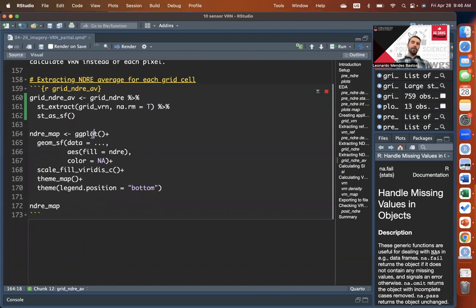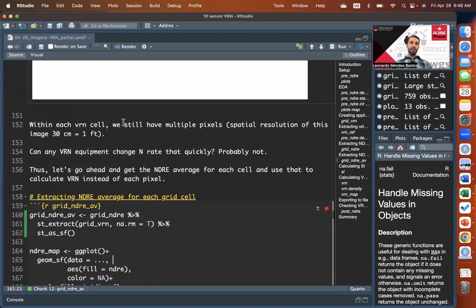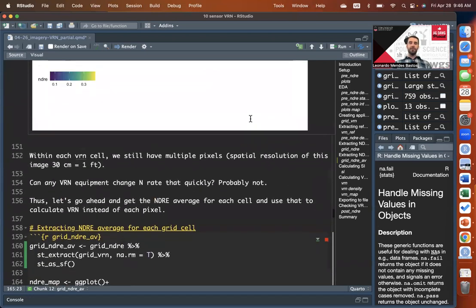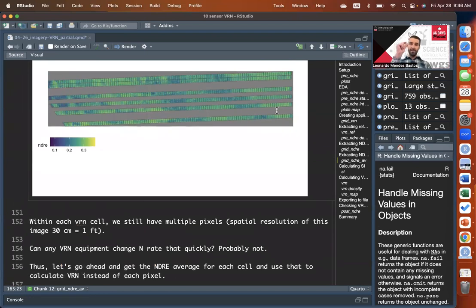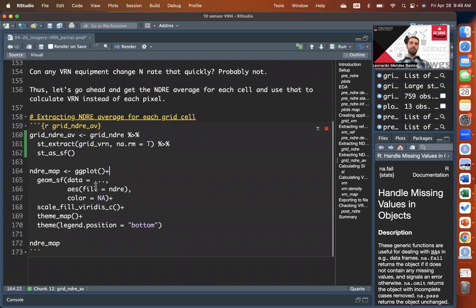And then I guess I'm going to tell you what we're going to be doing on the next part of this chunk here as that is running. So I want to make a map that I really want to show now. It's going to be similar to this map above, but instead of having multiple pixels per each one of the little cells, we're actually going to have just one average value for each one of those cells. And I just want to show that here in this next